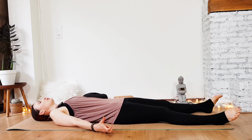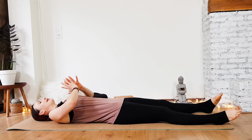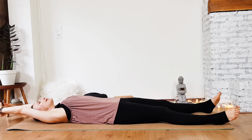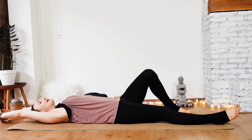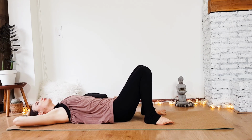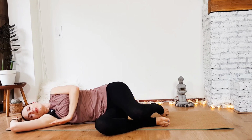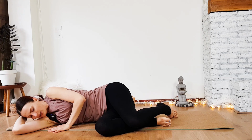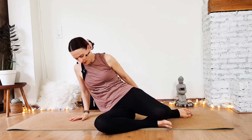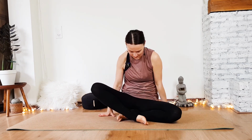And then we start to move with the fingers and toes, reaching out with our arms and hands above the head, bending the knees, softly rolling on any comfortable side for you. And when you feel ready, bringing yourself back on your mat in a comfortable sitting position,